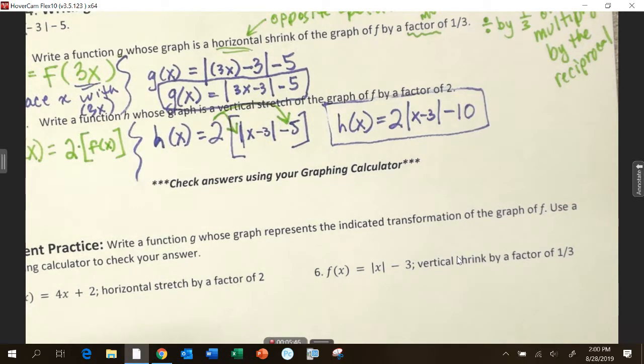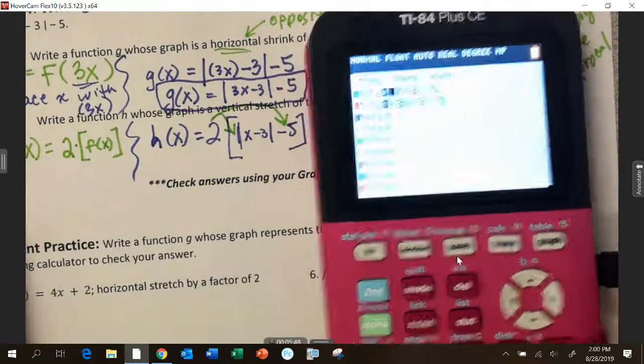Now if I go to graph this one, the original function was the exact